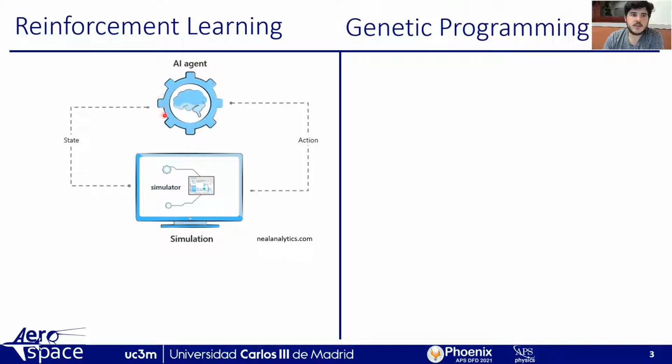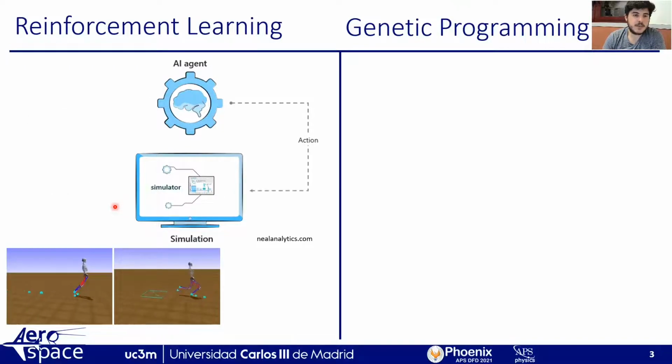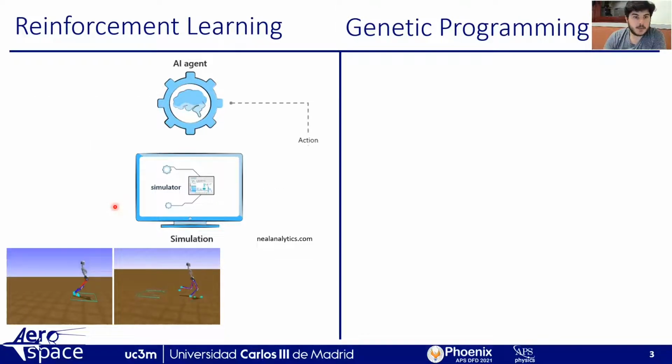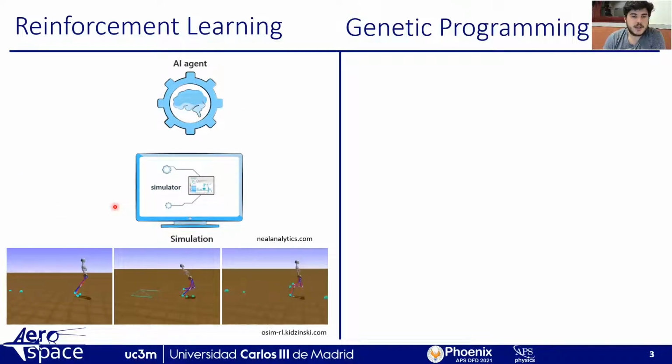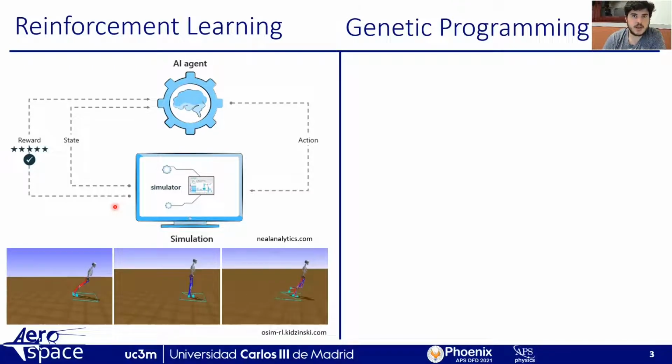But note that the agent is not only based on the state but also on the reward, which tells us how good or how bad we are doing in the training process. In particular, when the reward tells us that we are doing badly, like for instance in this example of a robot learning how to walk, it tells us that we are going in the wrong direction, so we stop exploring in that direction. If the reward is positive, this means that we are learning how to do it. That could be the second example here. If we keep progressing and do it episode by episode, doing the loop again and again, we can conclude and learn which is the best agent configuration for the problem that we want.